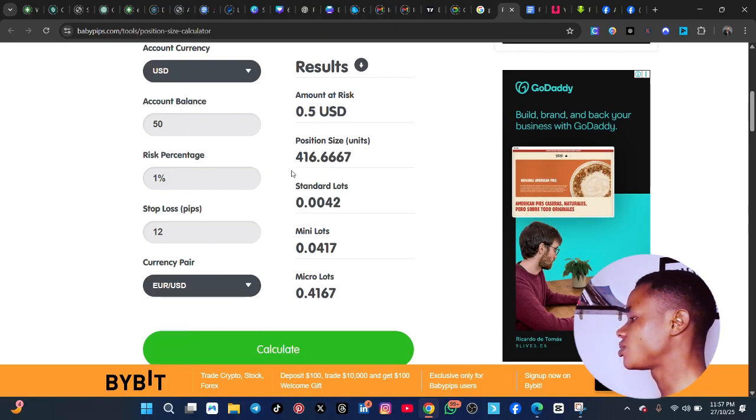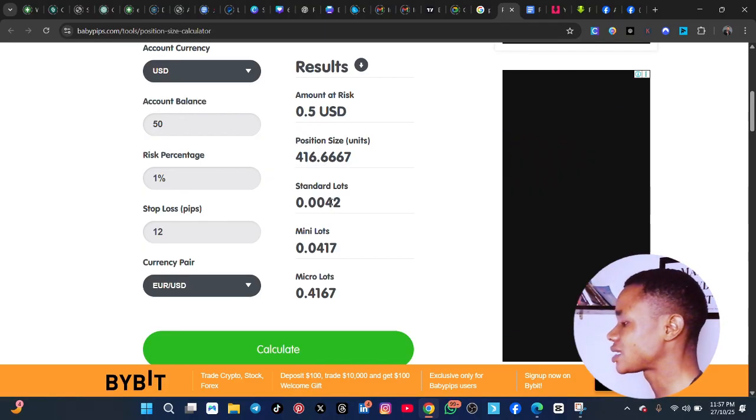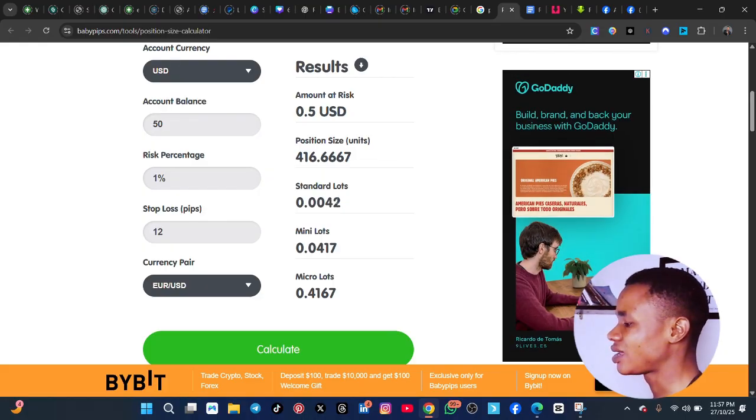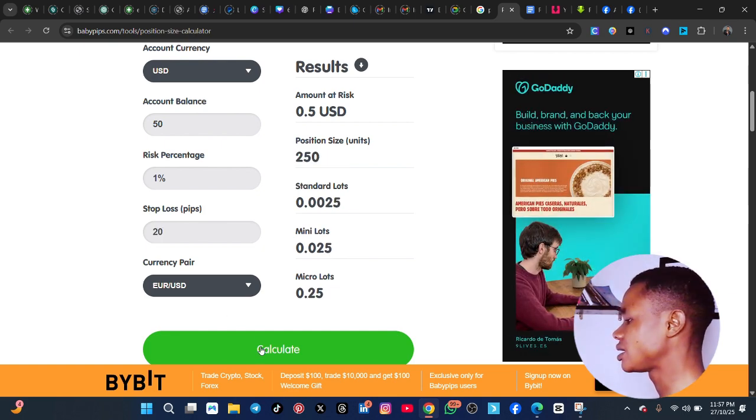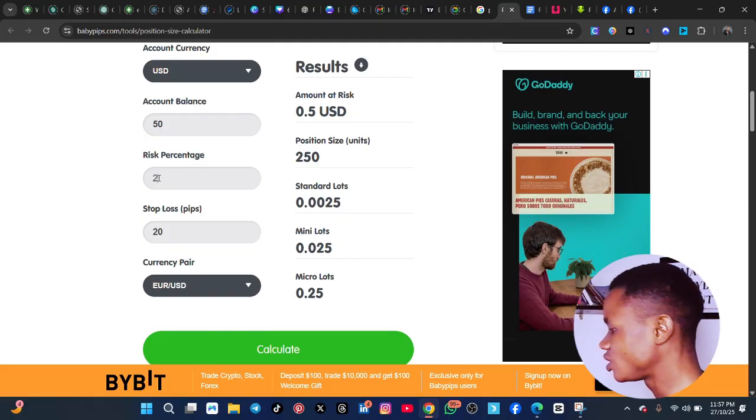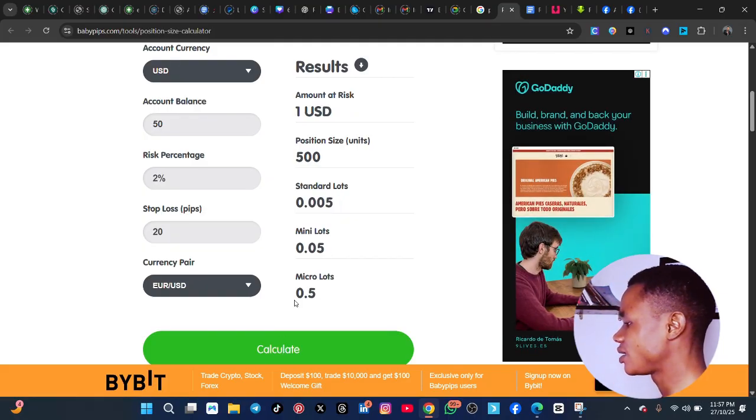If I calculate, I'm going to see that I'm losing only $0.5 of my account, and this is going to be my loss size. Now the standard lot size here is not that friendly, so you have to step up. All right, so let's say we have 20 pips and calculate. So you can see that we have 0.25, then 1%. So let's say we are losing 2%. We'll click on here. You can see that we are losing $1 of the account,